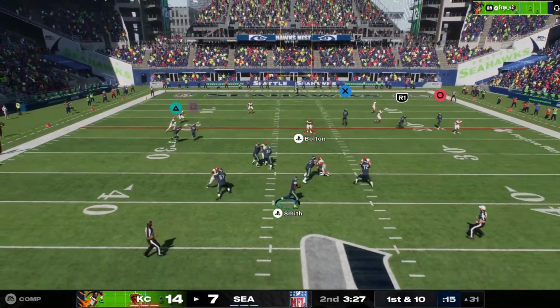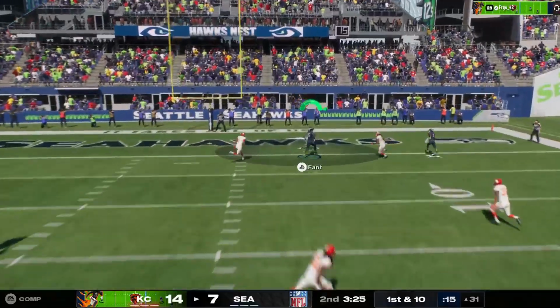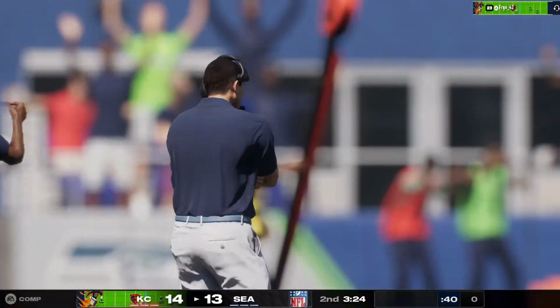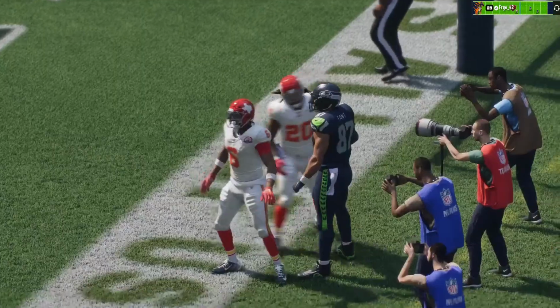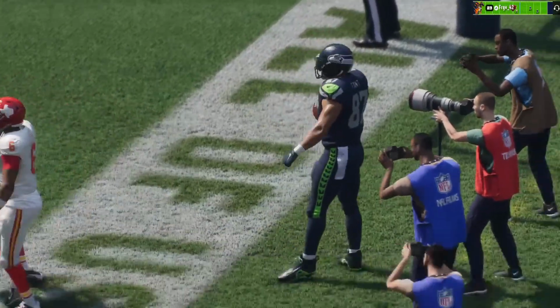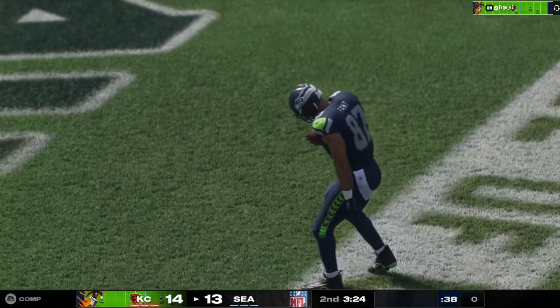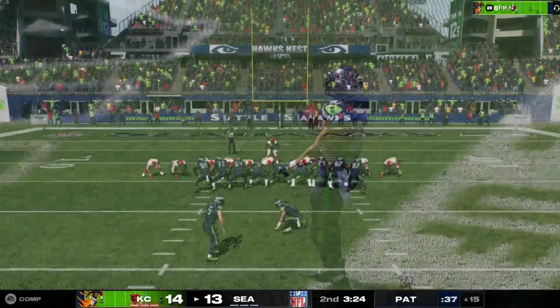On first down is Smith. Sending it downfield for Fant. That is going to be pulled in. He's got it. Noah Fant. Touchdown, Seattle. All week we're going to see this play be run over and over as a highlight of the